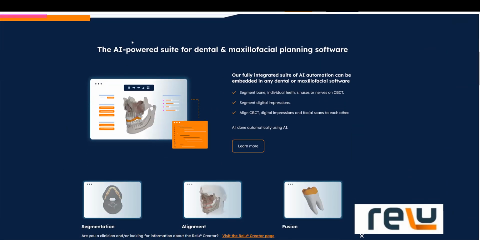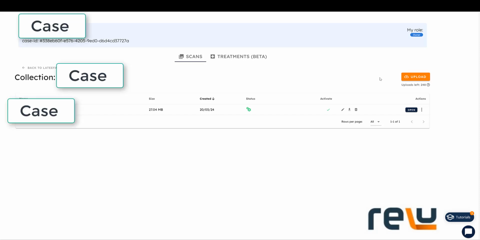It's AI-powered and uses neural networks to segment all the craniofacial structures. For this case, we'll use the segmentation and we'll use the fusion. There is also an alignment module, and I think there is an implant module that you can use. But for today, we're going to be using the segmentation and the fusion software only. Then we import the case into ReLU